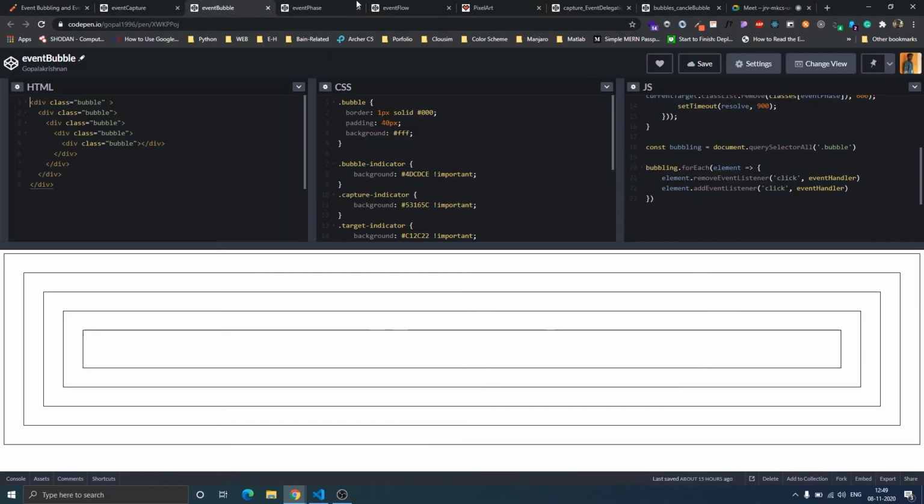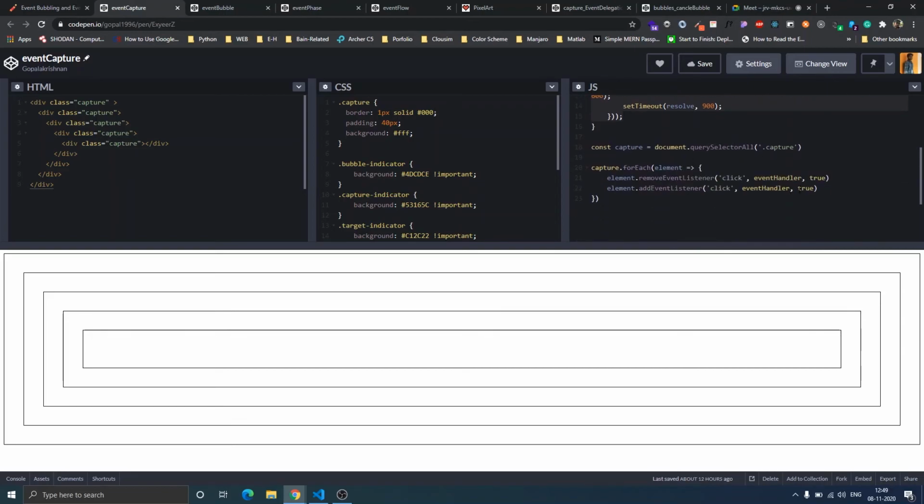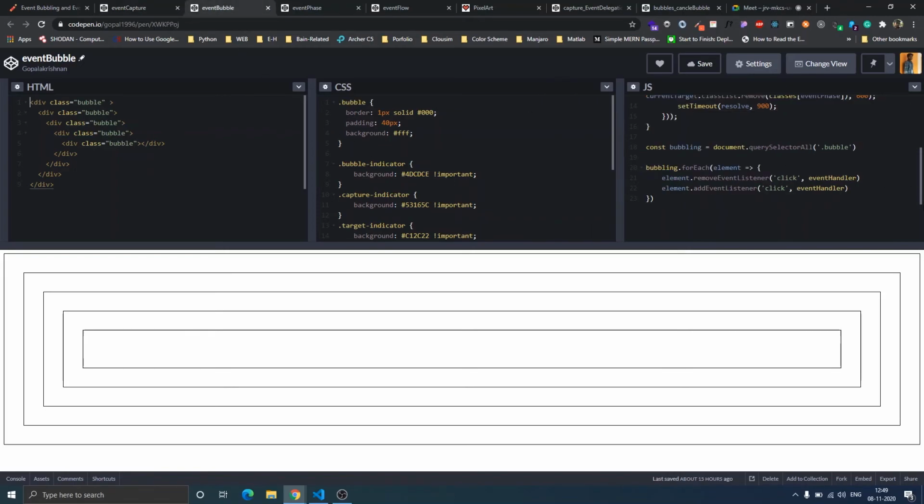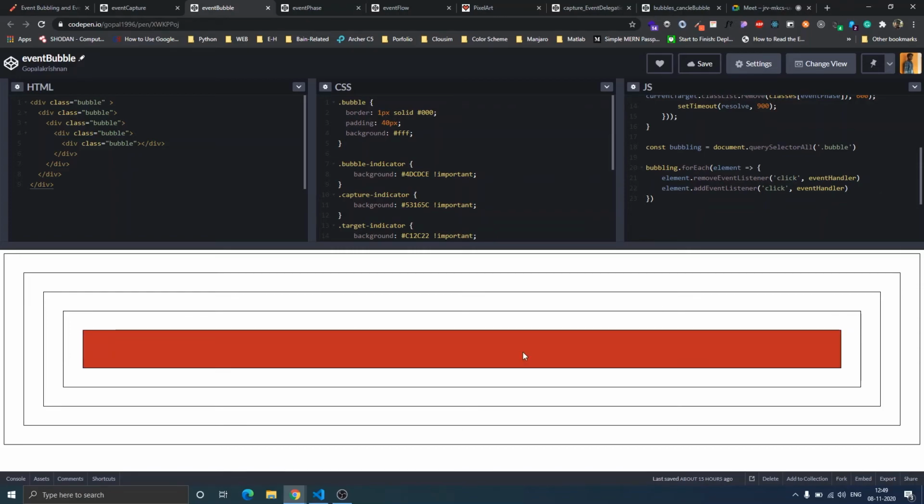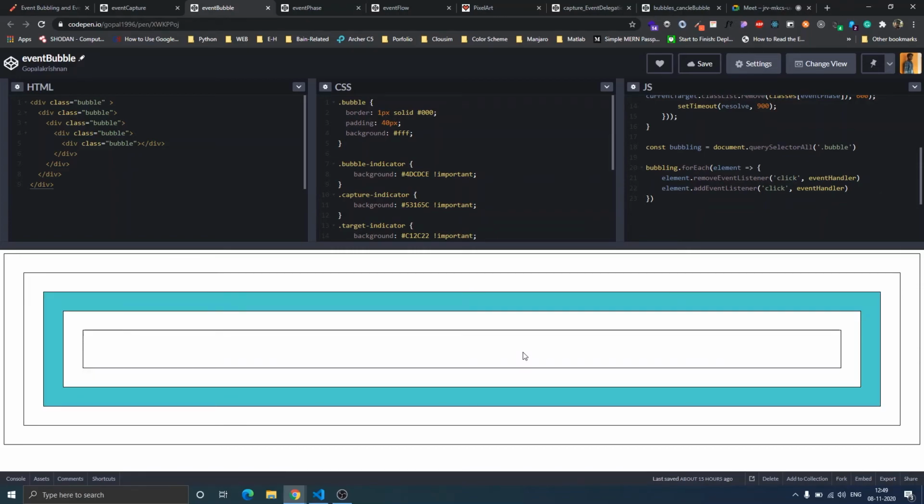The difference between implementing event capture and bubble is simple. If you mention true in that argument, it will be event capturing. But if you either remove the third argument or change it to false, it will behave as event bubbling. Event bubbling is the default behavior, so by default it will bubble up, from the target to the top.